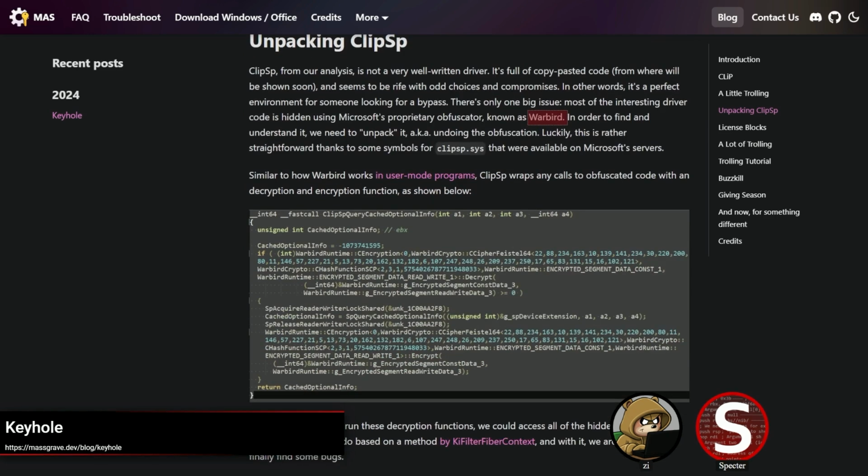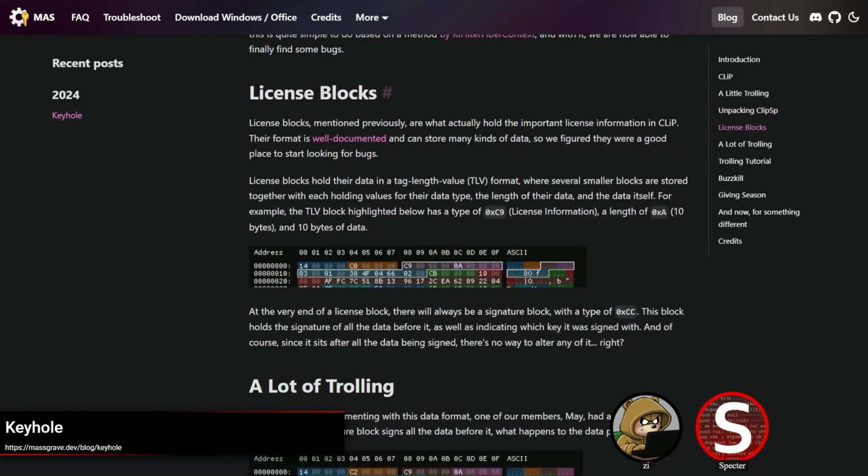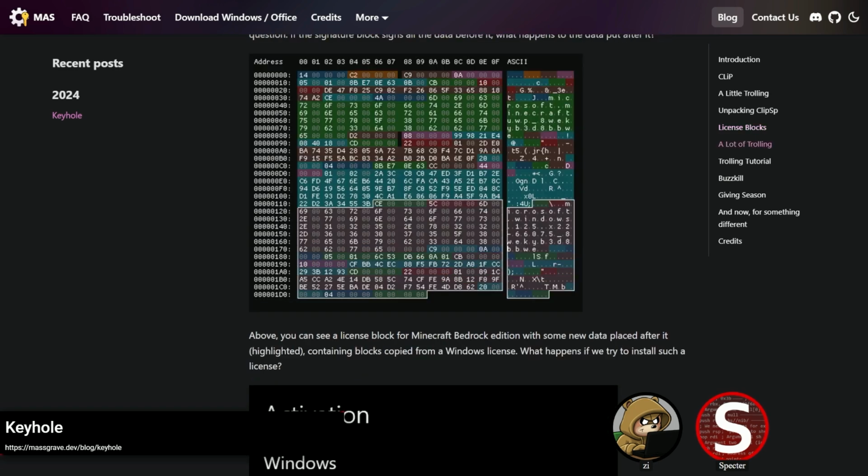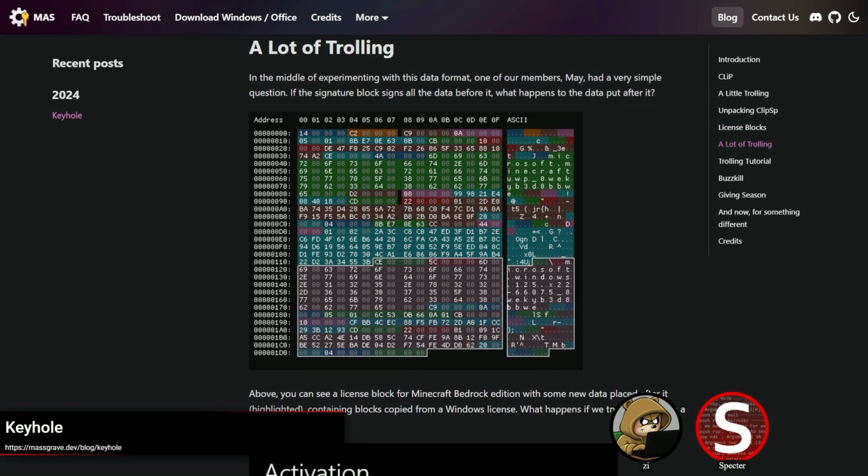But the main thing that they looked at were these license block binary blobs, which contain tag length value blocks followed by a signature as a footer. That would sign all of the TLVs that came before it. The main problem, though, is that any data that comes after that signature block just isn't checked, because of how their scheme works with the TLV format, any tags that come afterwards will override ones that came before. So you can override previous TLV blocks with ones that come after the signature block, and they'll just be accepted through.